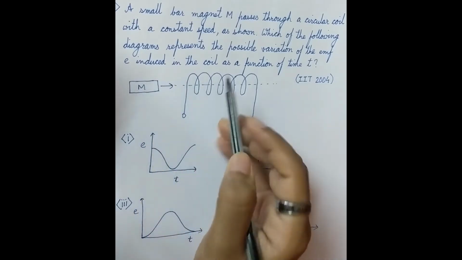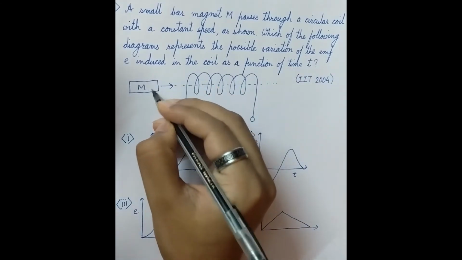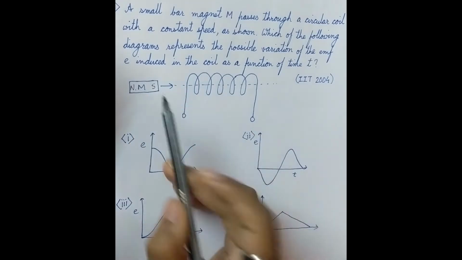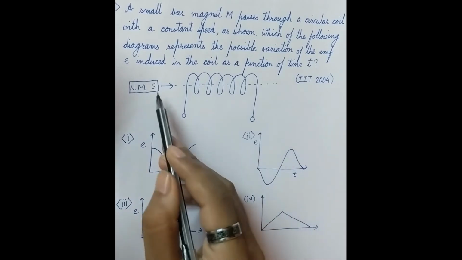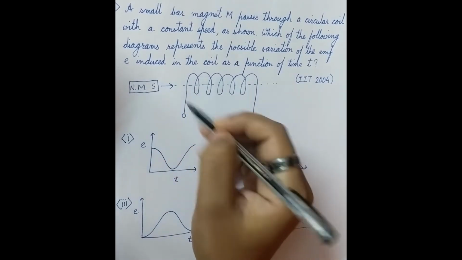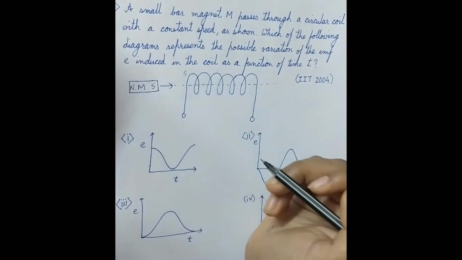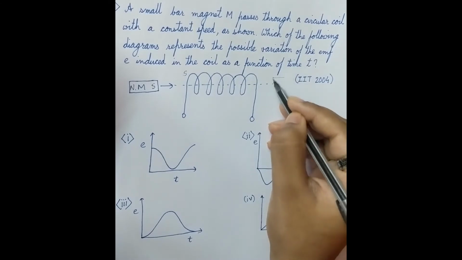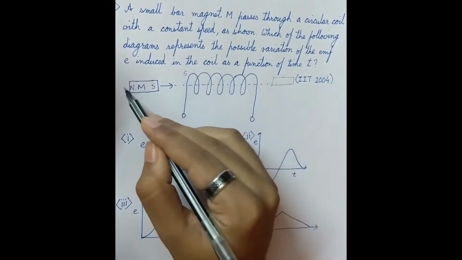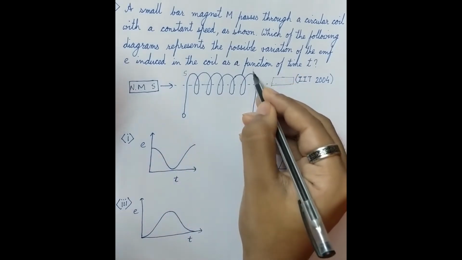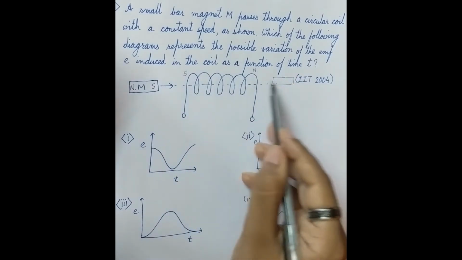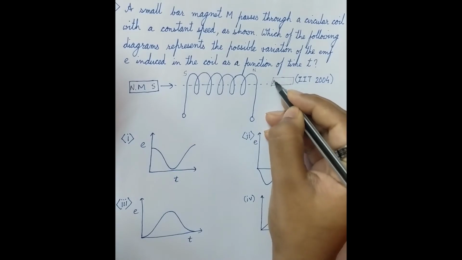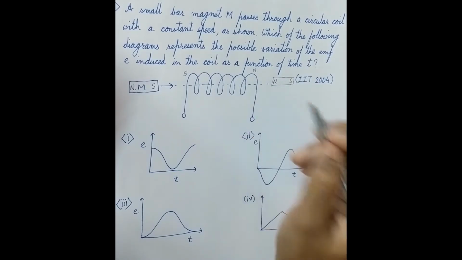When this magnet is brought closer, let's give it a polarity. In the beginning, this magnet has, say for instance, a south pole here and a north pole over here. So when this magnet is brought closer to the solenoid, because the south pole is coming closer, the solenoid develops a south pole on this end. As it goes inside, after that, when it tries to come out from the other side, remember in the original case, south pole formed here, north pole was formed here. When the magnet has gone through the entire solenoid and is coming out, now you have the north pole closer to this and the south pole away from the solenoid.